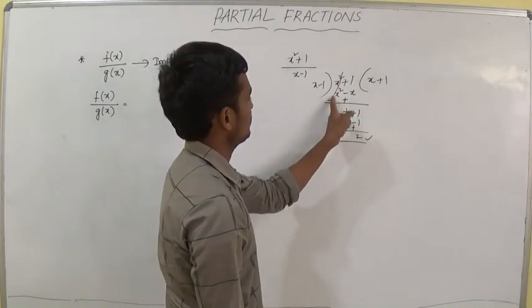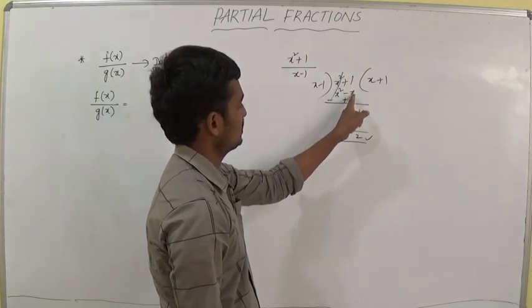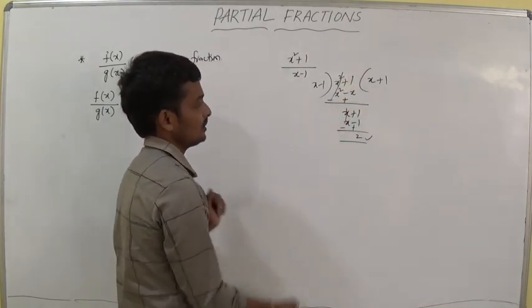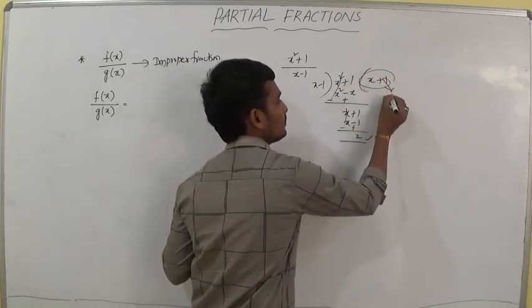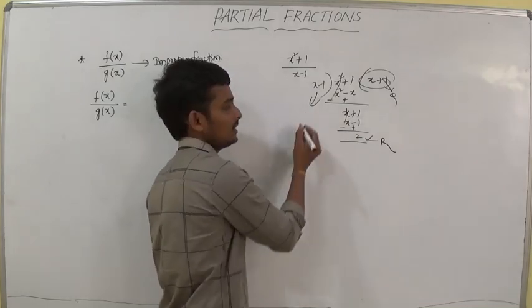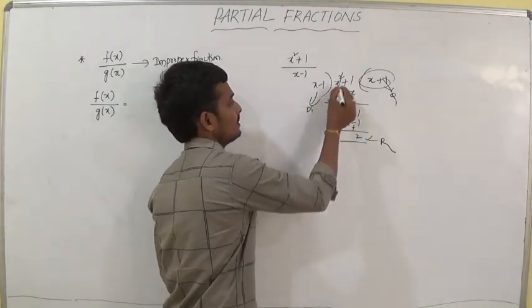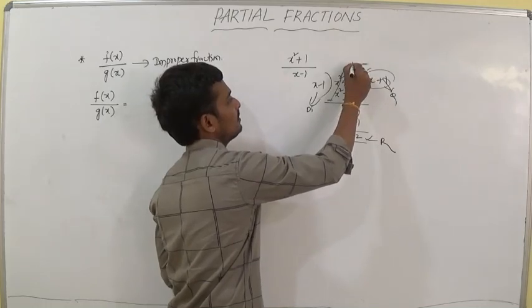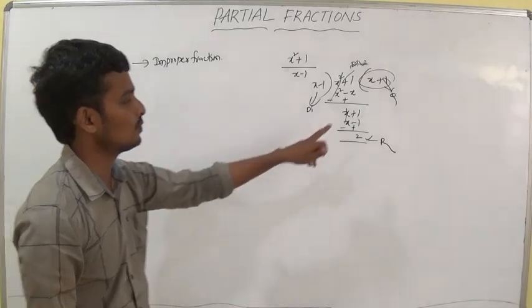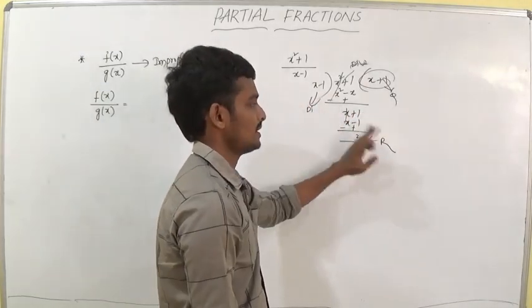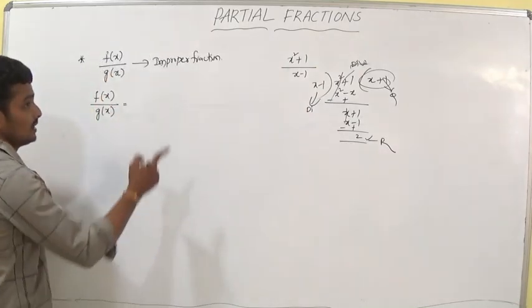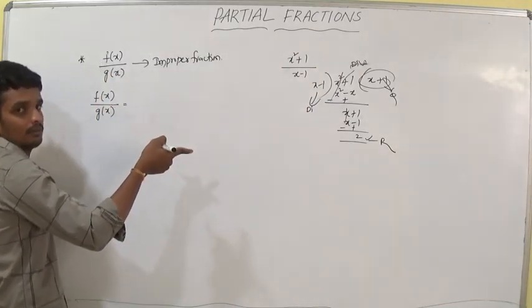This is right. X square minus x, these two are cancelled. Here plus x plus 1. Taking one time x minus 1. This is the quotient and we are getting some remainder. This is, what is that? Divisor. Sorry, this is the divisor. This is the dividend. This is the division algorithm. Dividend is equal to quotient into divisor plus remainder. So we are getting some quotient and the remainder.